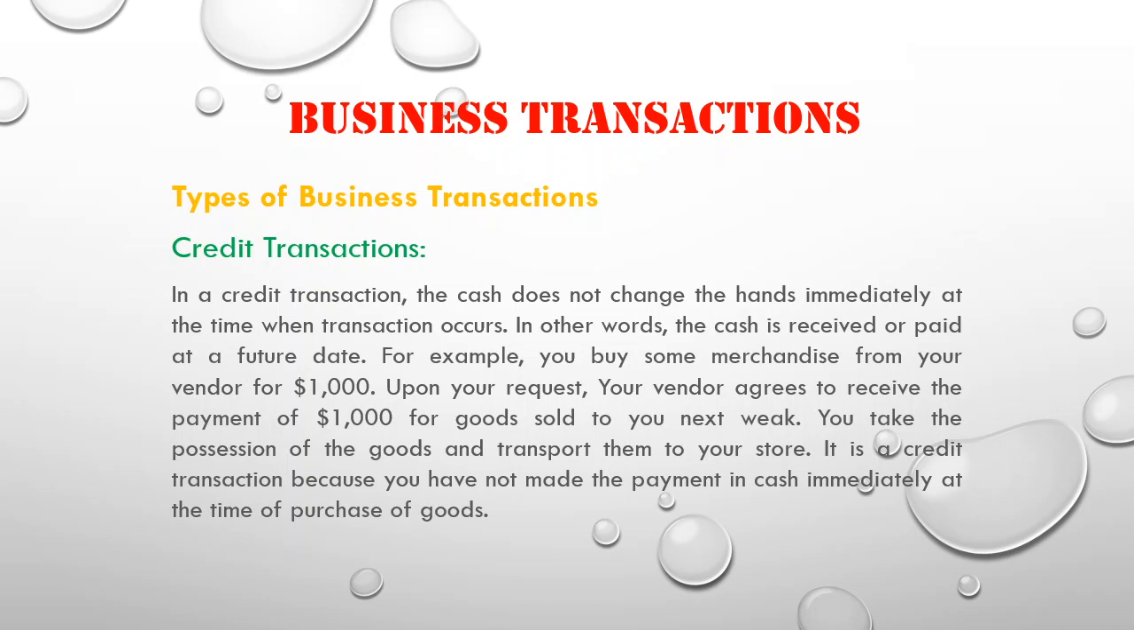For example, if you buy some merchandise from your vendor for $1000, upon your request, your vendor agrees to receive the payment of $1000 for goods sold to you next week. You take the possession of the goods and transport them to your store. It is a credit transaction because you have not made the payment in cash immediately at the time of purchase